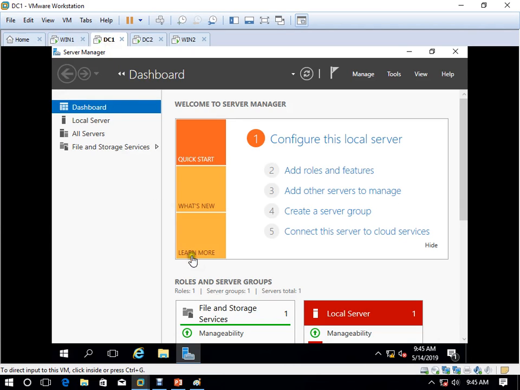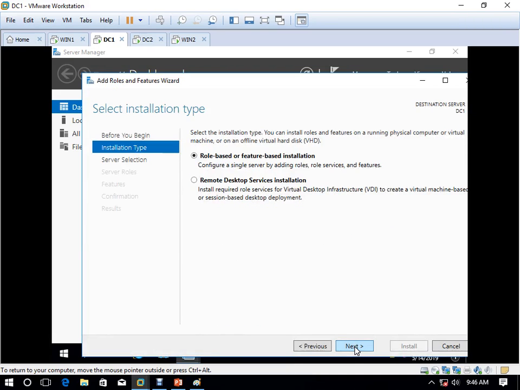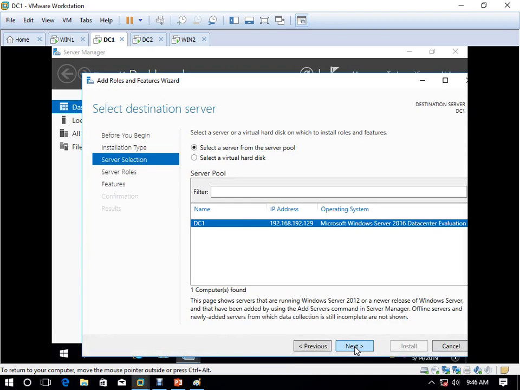Okay, now come to DC1. Let's make this a DHCP server. So I'll come here, add roles and features. Okay, next, next, next.